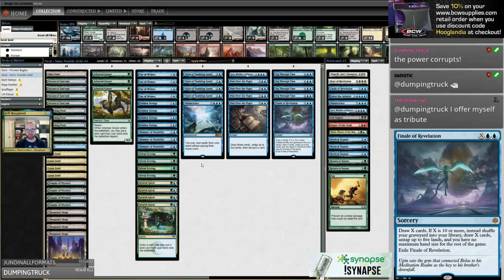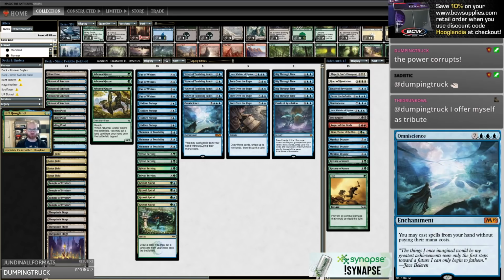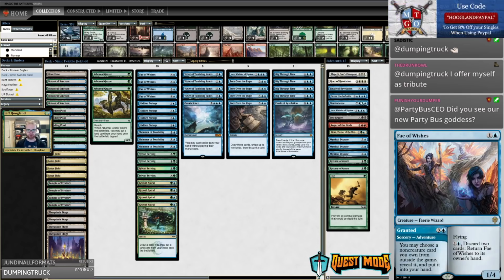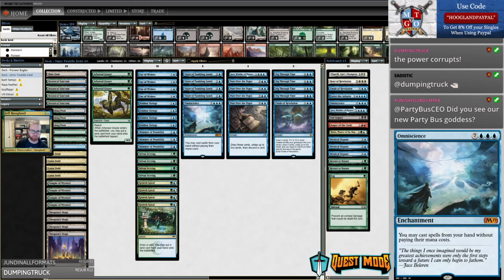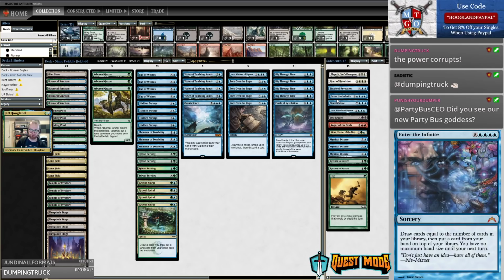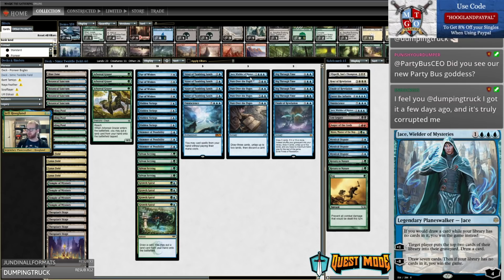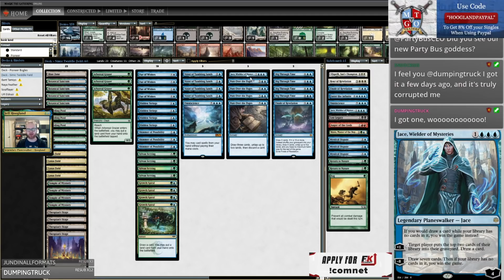Eventually, we generate enough mana to put Omniscience into play, either the one naturally in our deck, or by casting Gift Granted from Fae of Wishes to cast Omniscience out of the sideboard. Then we continue to chain through our deck until we can get Enter the Infinite out of our sideboard to draw the entirety of our deck. And once we draw the entirety of our deck, Jace, Wielder of Mysteries here is the way we win the